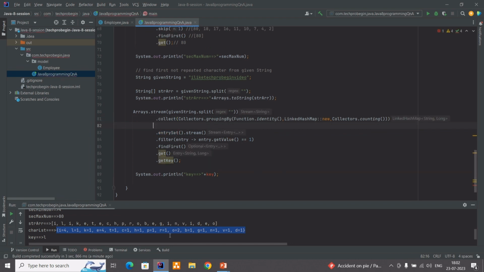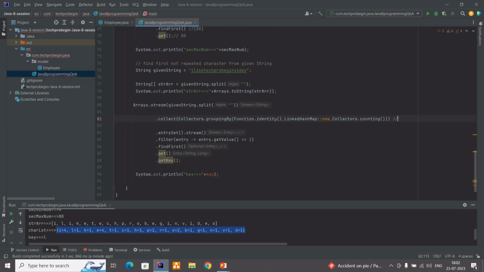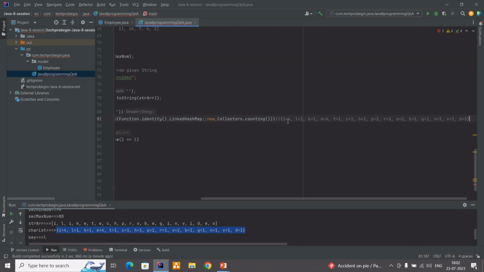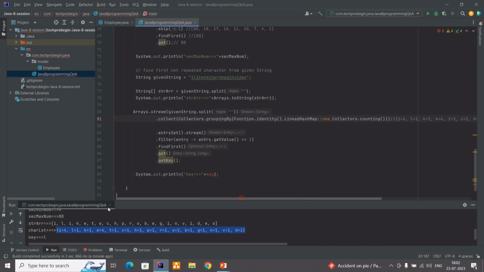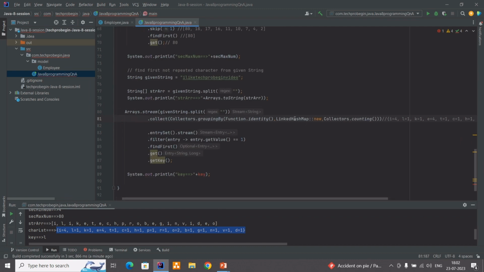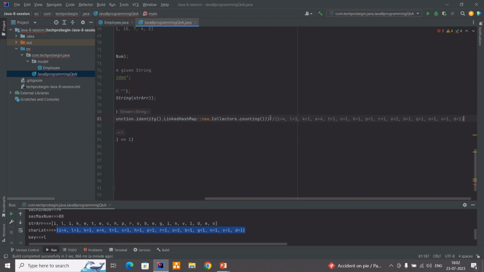Let me copy it properly. Copy this. Okay, so as part of this expression we got this count of occurrence, because we passed the LinkedHashMap which helps maintain insertion order. So up to this point we got the result like this, and in the further step,